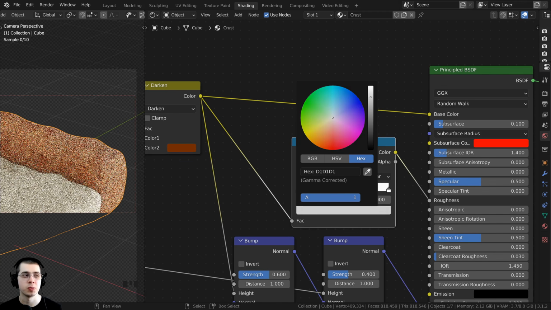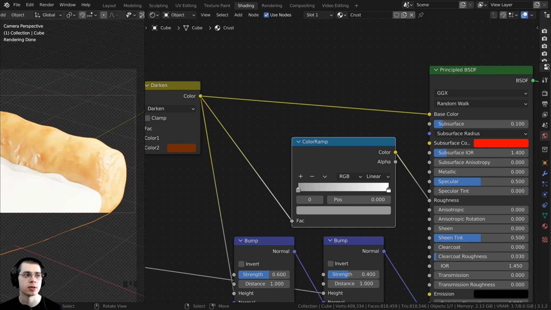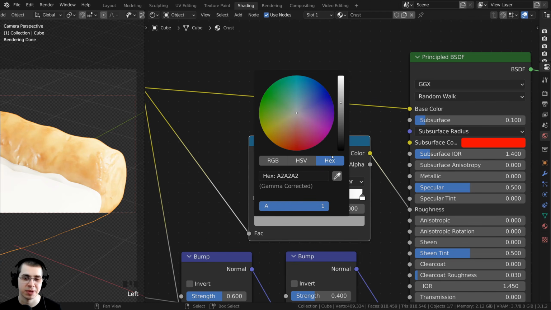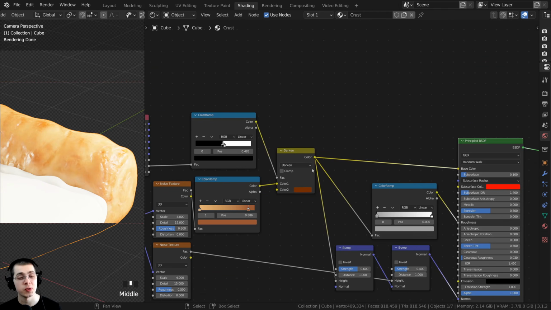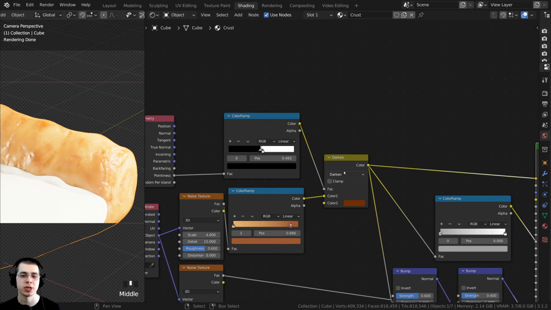Now I don't want it to be super rough, but I do want it to be much more rough, so I'm going to make it kind of just like a gray color. And if you want to use the exact same color that I'm using on the hex value, you can type in A2, A2, A2. And then I do want the crust to just look a little bit more toasted, so